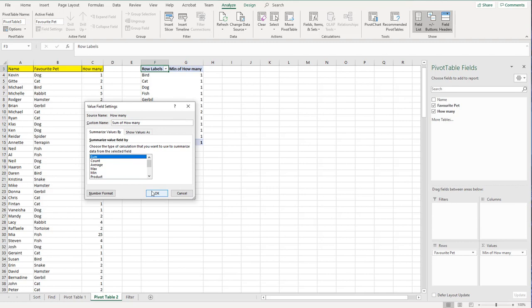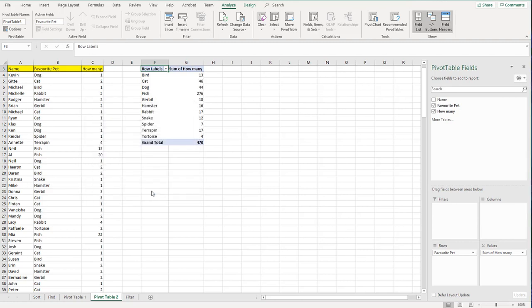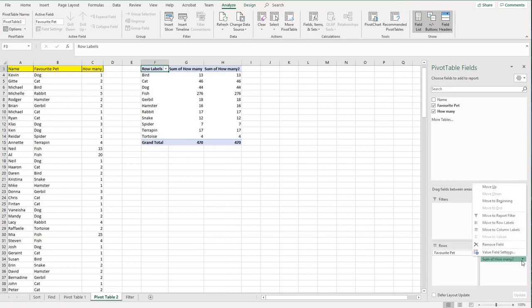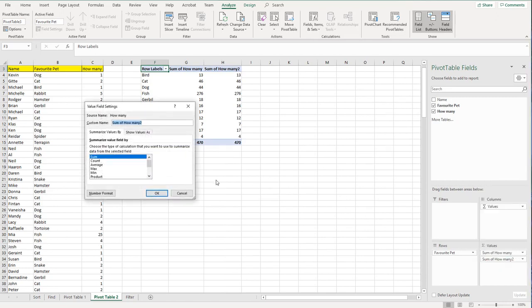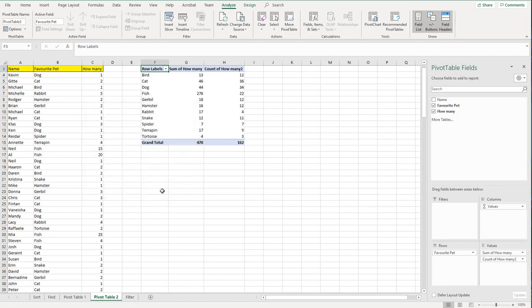So it's really useful. Pivot tables can take the same data that you've got and very easily work out different numbers. If you wanted to display some of those different values all at once, you can just add extra columns and information. So we could use our how many option in values, put it in twice, and change one of those to the count, and we just expand the pivot table to see how many people have got